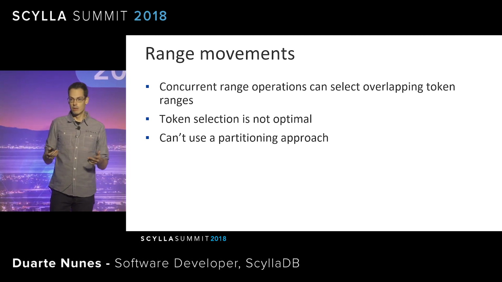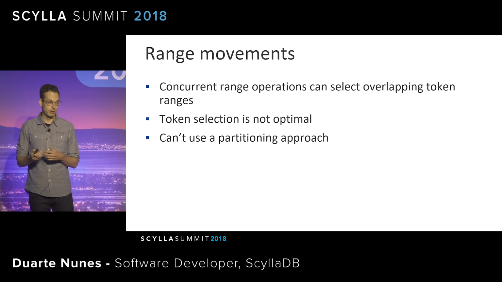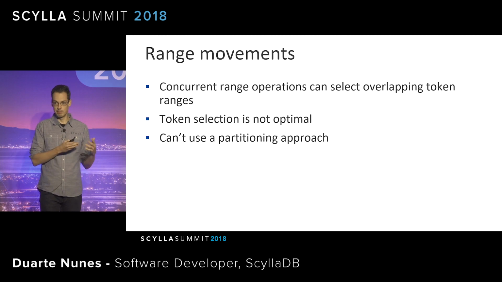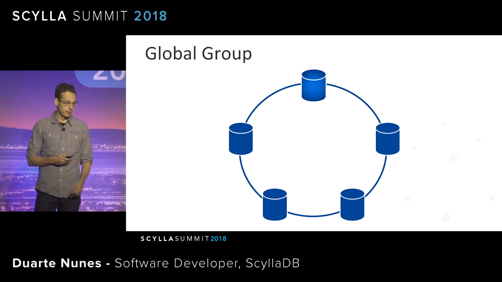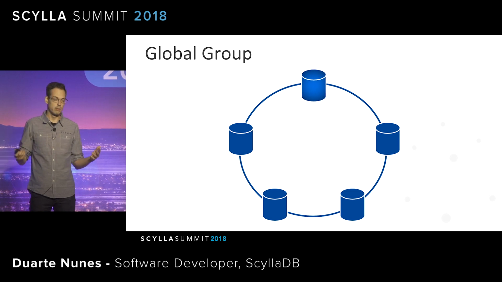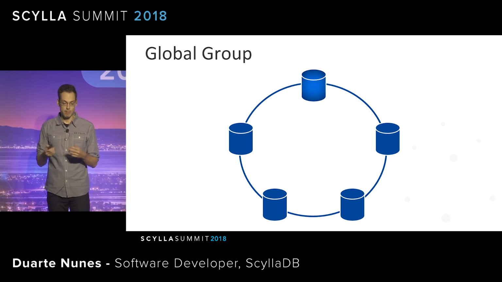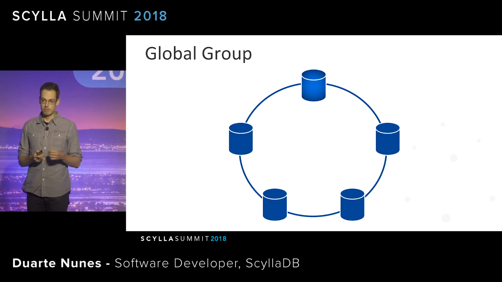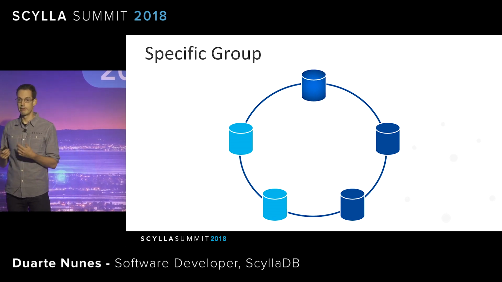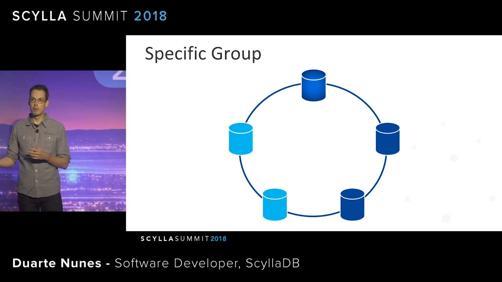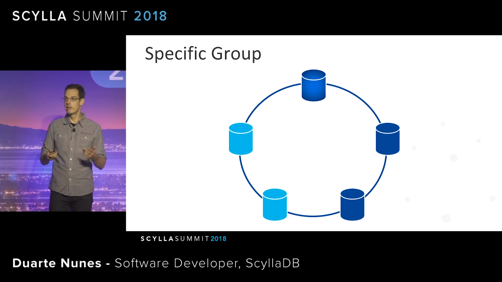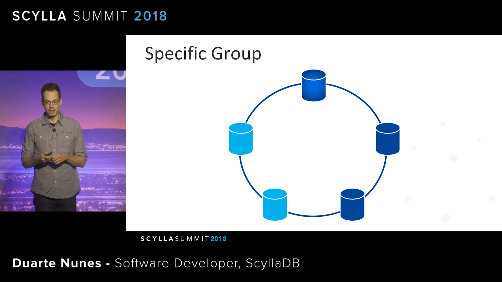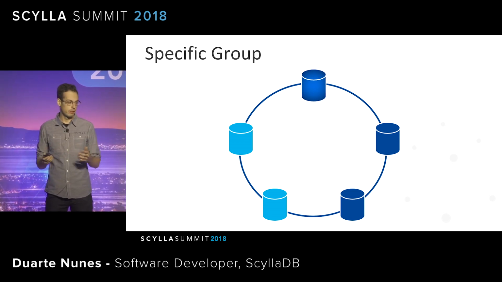And since these are global decisions, we can't take a partitioning approach like we did before, where we were partitioning things by keyspace. So we'll have to either have a global group where all of the nodes are part of a Raft group and there is a single leader to serialize all these changes. There are some issues with this. So we can think about having a specific group. For example, all the seed nodes are in a Raft group, or the first n nodes of the token ring are in the same group. And then they do provide us this central point that can make cluster-wide decisions.